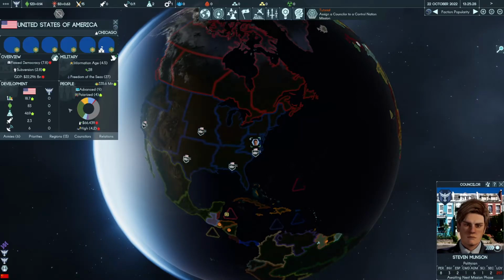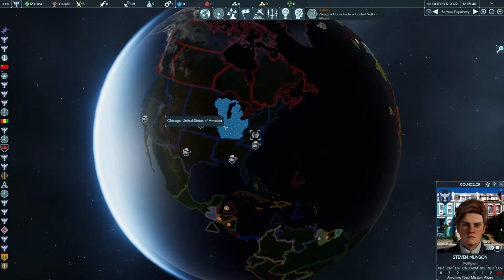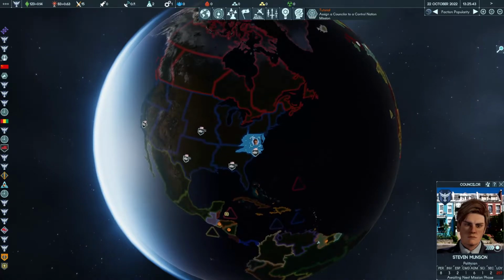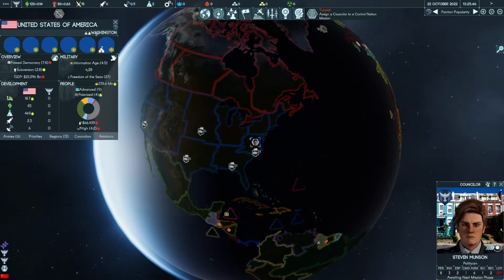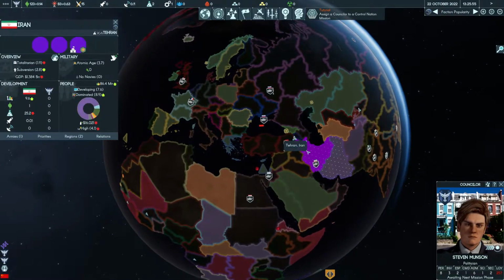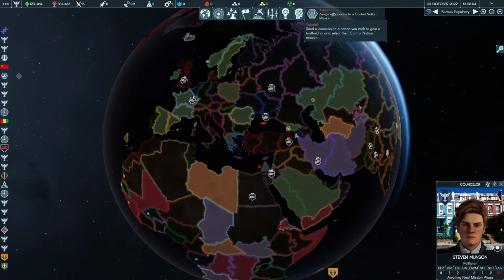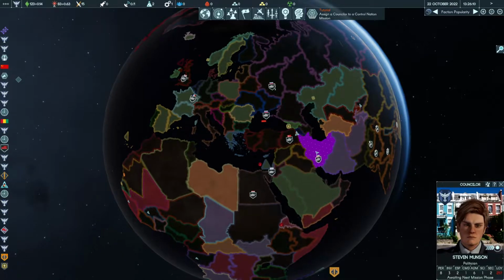How do I do that? Gain a foothold. So assign a council. Send a council to a nation you wish to gain a foothold in and select control nation. Control nation. Okay, this is not as easy as I thought. This is difficult. Hang on. I don't know what we can actually do something with. So I want to go to, okay, so assign a council to a nation you wish to gain a foothold in and select control nation. So if I go in like that,